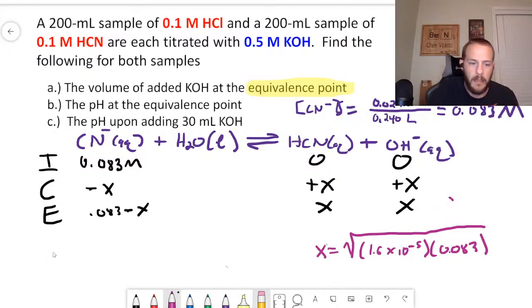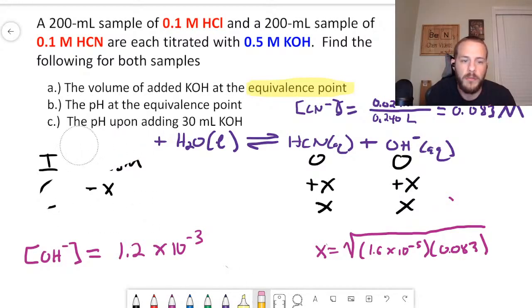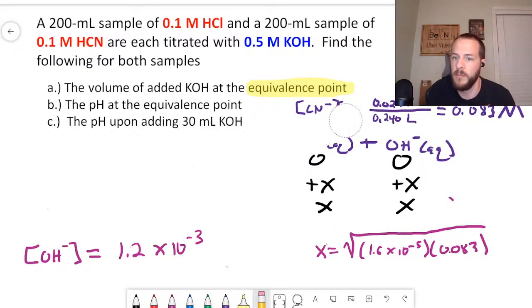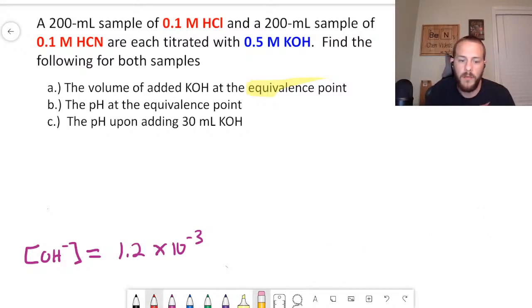So what we end up getting here is the hydroxide concentration. Again, that's what x is equal to. I don't know if anybody wants to chime in with their answer. I got 1.2 times 10 to the minus 3. That's my hydroxide concentration. And you might be thinking, well, that's great that we have hydroxide concentration, but how do we get pH from that? Good question, person I just made up in my head. The way that we get pH from that is,